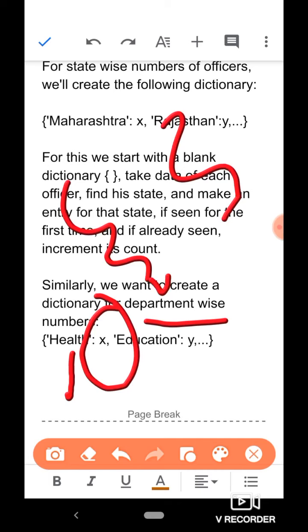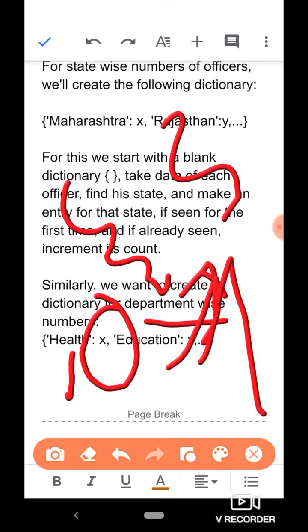Then we check the data of the second officer, and suppose he happens to be from education department. Again we come to this dictionary and see that there is no entry with key education. So we make a new entry with education as key and 1 as value. Then we go to the third officer's data to see which department he works in. Suppose again that he works in health department. So we check this dictionary, is there a key with health? Since it has a key health, we will increase the value of health from 1 to 2,